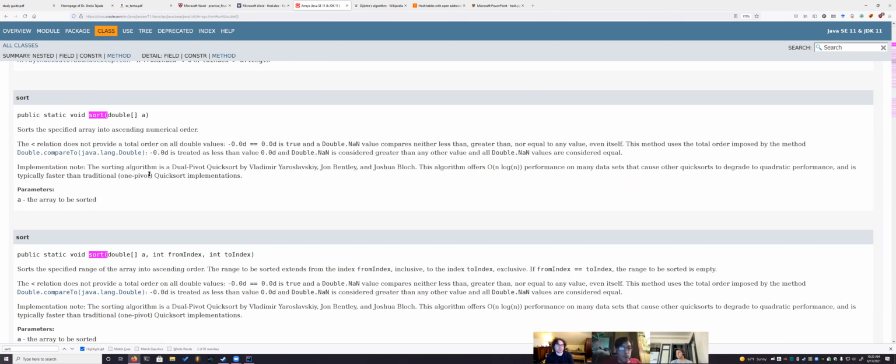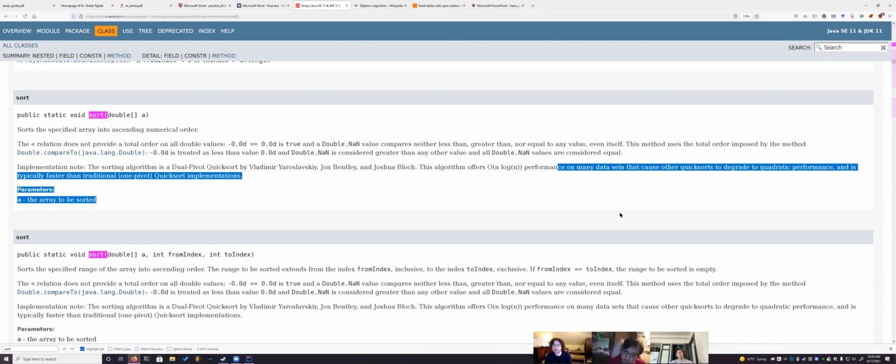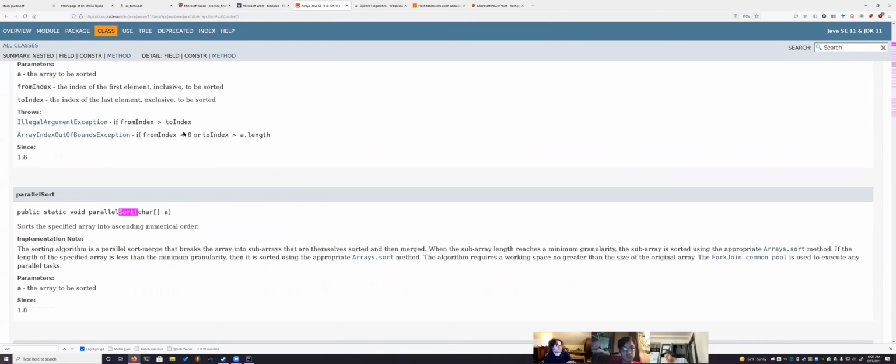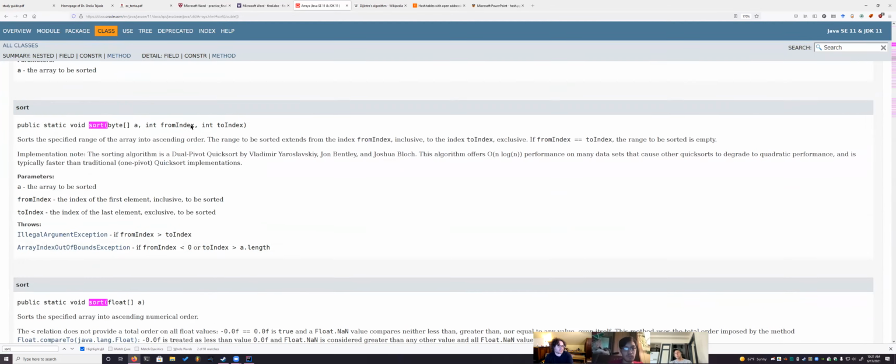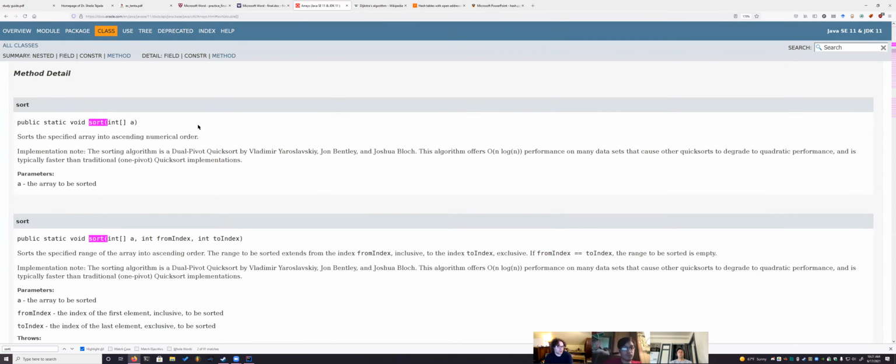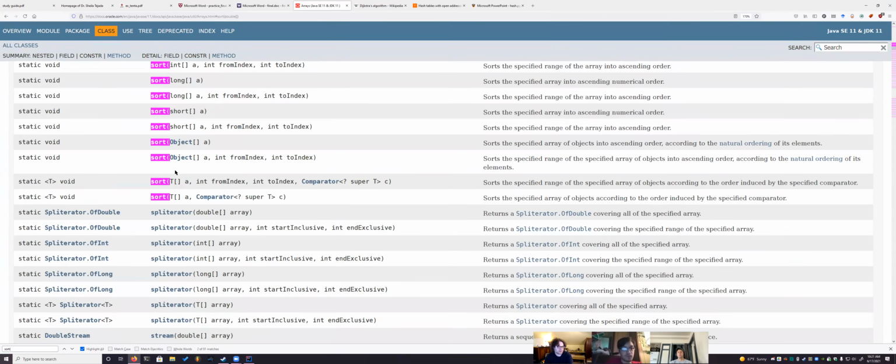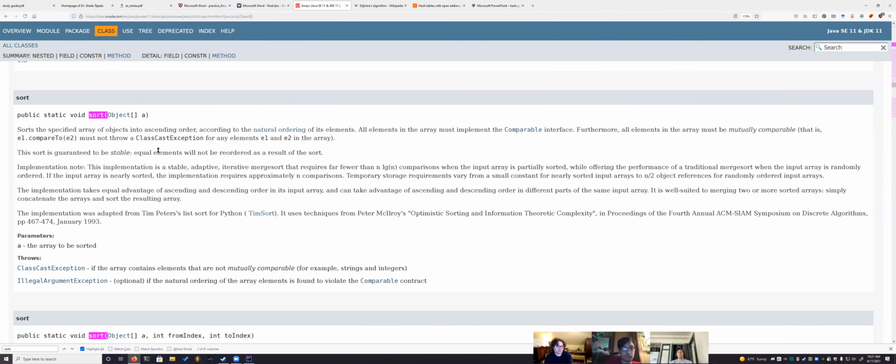Implementation note: this sorting algorithm is the dual pivot quicksort by Vladimir Yaroslavskiy. It offers n log n performance on many data sets that cause other quicksorts to degrade to quadratic performance, and is typically faster than the traditional one-pivot implementation. Okay, cool. Didn't know there was a two. Well, I knew because I've looked at this before, but this uses a version of quicksort. But now if I go and sort other things, if I sort objects instead,